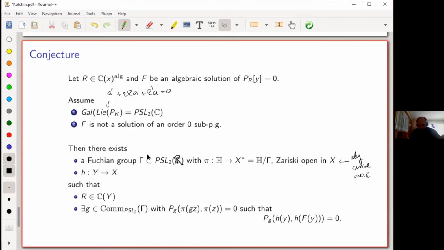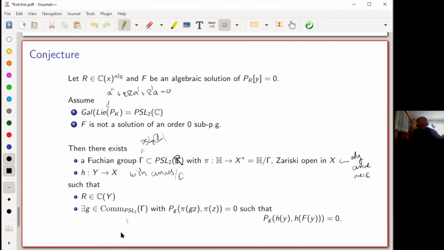So I want to prove that we can find such a group, and a map from a curve Y to another curve. They are both complex curves, Y and H, such that, first, the R you're starting with is a rational function on Y. So you control the place where the ramification occurs. And second, there exists a G in the so-called commensurator of this group, which in the case where gamma is equal to PSL2 of Z,